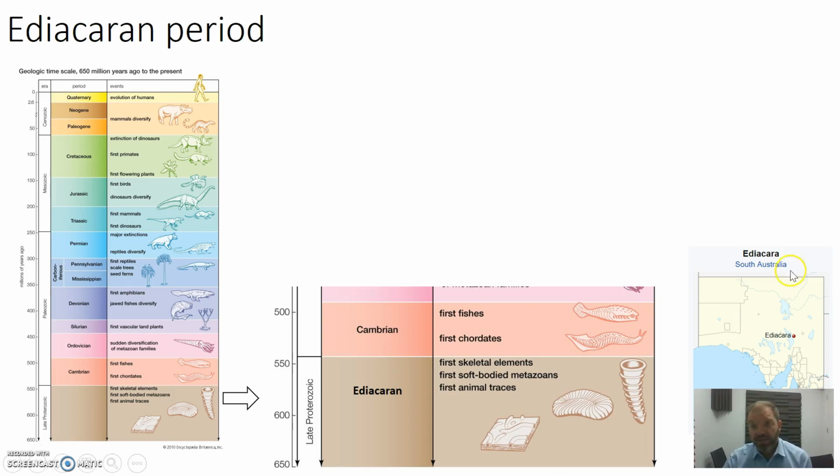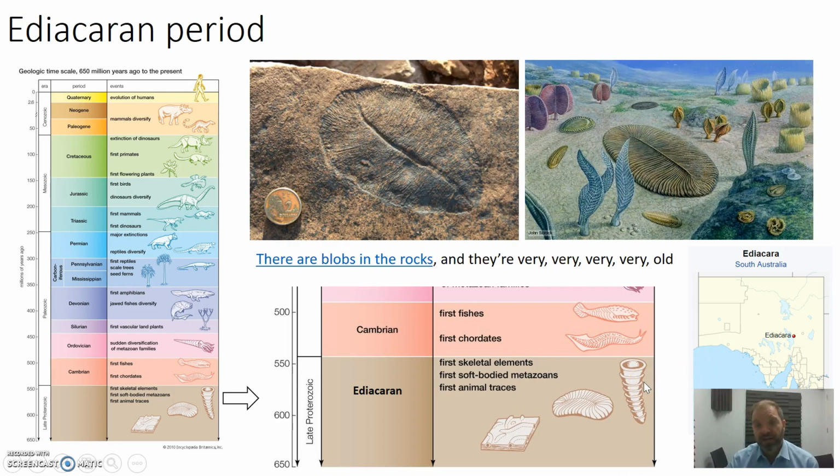The Ediacaran period is actually named after Ediacara, which is part of South Australia, so that's where the best fossils of this type are. We have a great history and involvement in geological periods in South Australia, and it comes up a number of times in this video. We're very, very fortunate in the Flinders Ranges to have these amazing fossils.